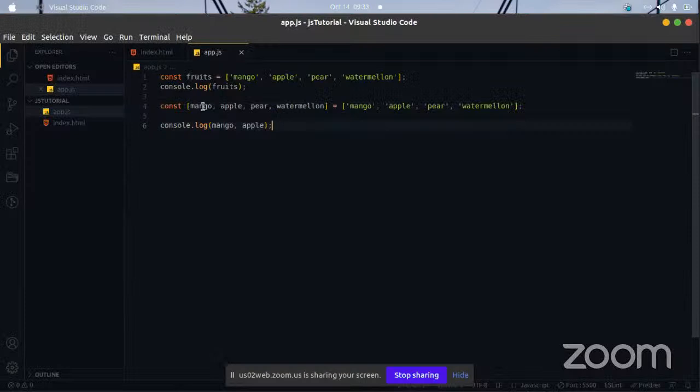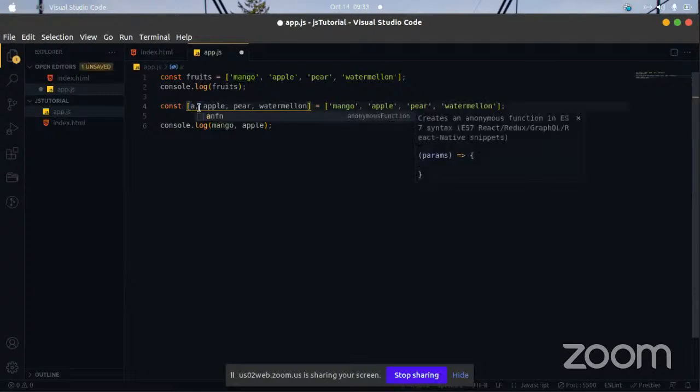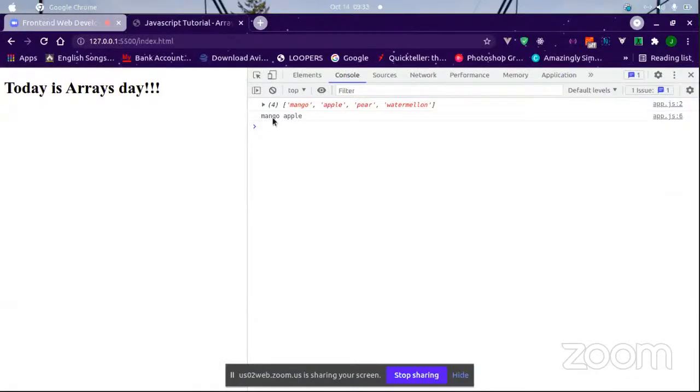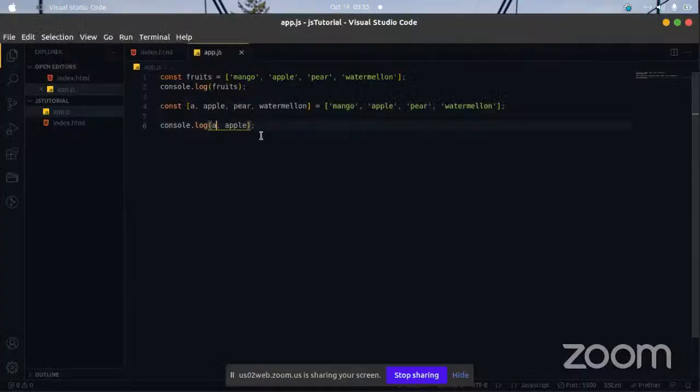So it's more like saying take mango and give it the value of mango here. You could even change this from mango if you don't want to use mango. We could call it anything. We'll just call it A, and we could change this from mango to A. And if you do this, you'll see that it's still mango. So the naming convention is what I just use because most times it's always easier to use the same names for these array elements. All right, so that's one part.